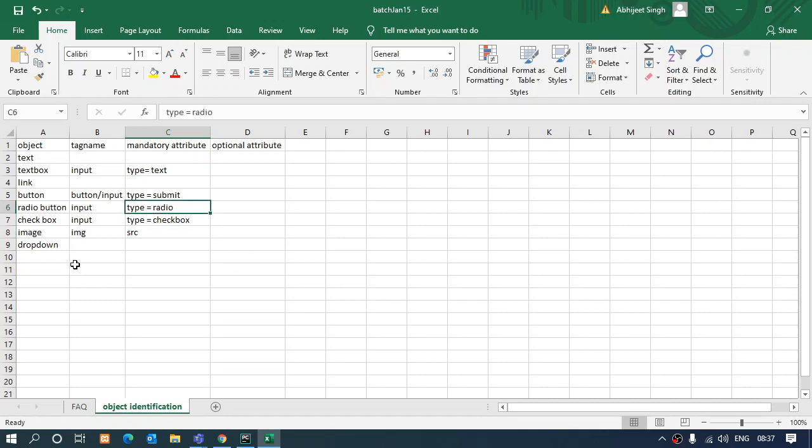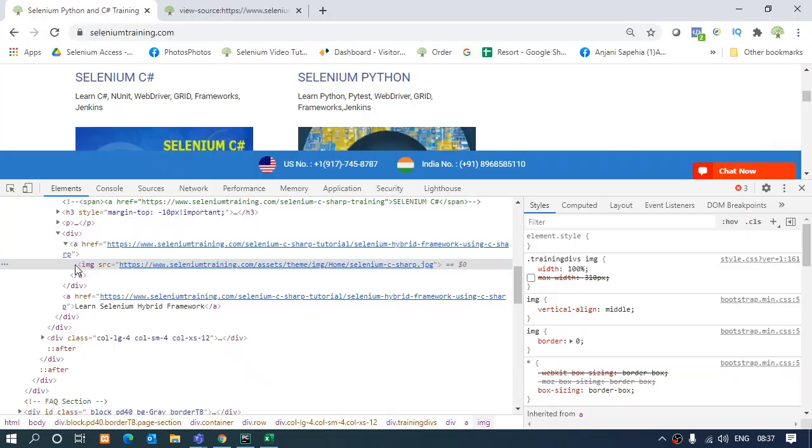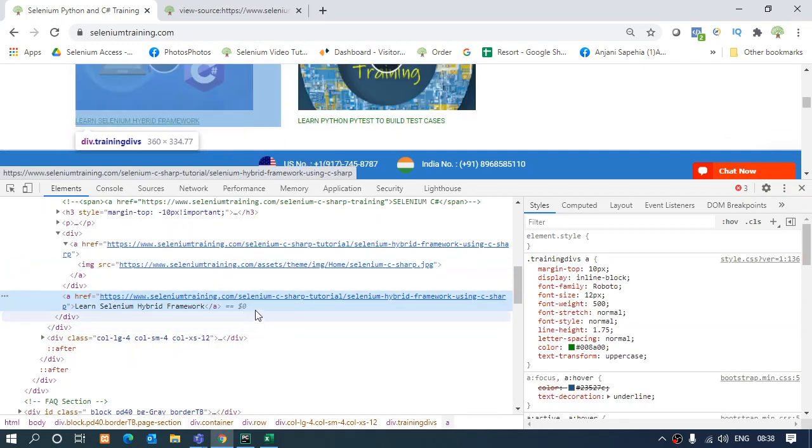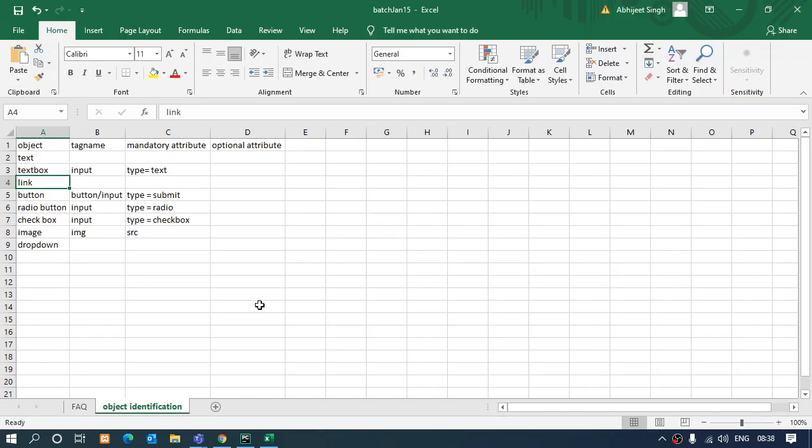The same way we have another element, that is link. Link is also different from other elements, but it's kind of the same as the image. It also has the same kind of mandatory attribute. This is the link that I have. If I inspect it, this is being highlighted over here. So what's the tag name for a link that is coming up over here? A. A or anchor, you can say anything for this. A, anchor, both are going to work.